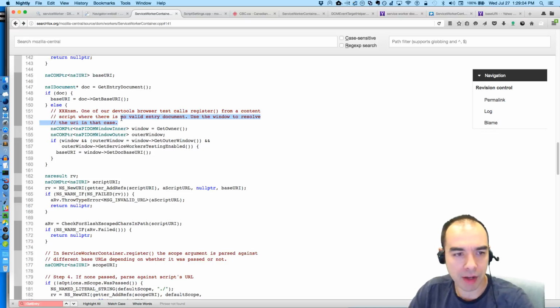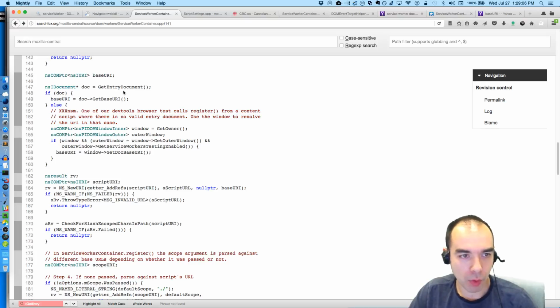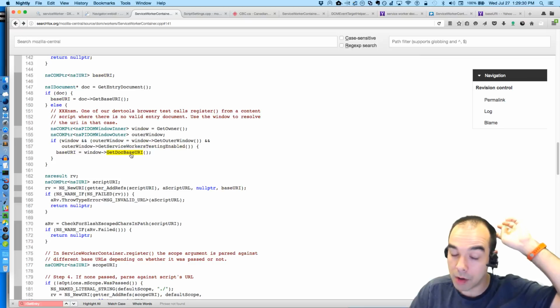So it seems like there's some kind of fallback here where we couldn't use get entry document, so we get the owner of the window, and then we get the outer window. But this only happens if we're doing service worker testing. So this never happens out in the wild. And then we get the doc base URI of the window. Okie dokie.